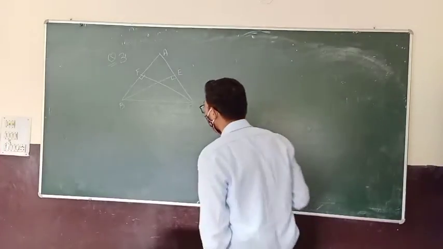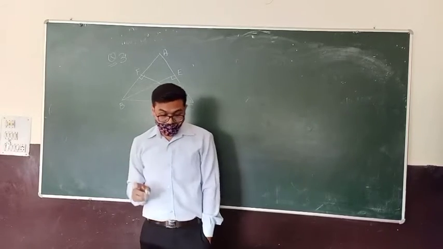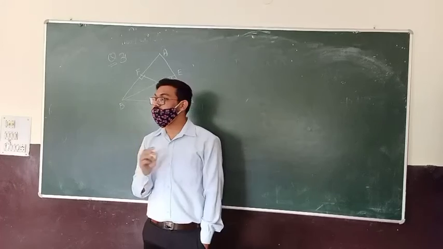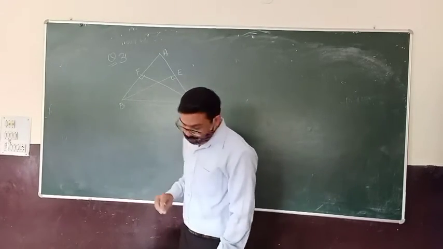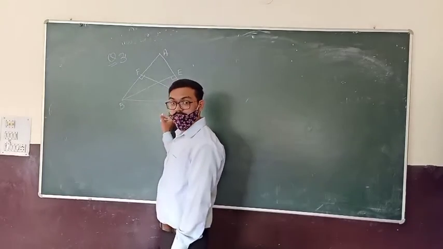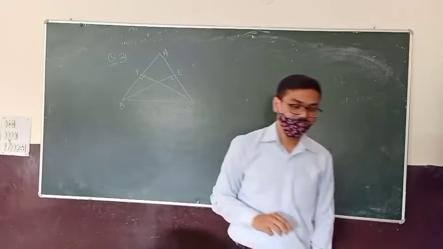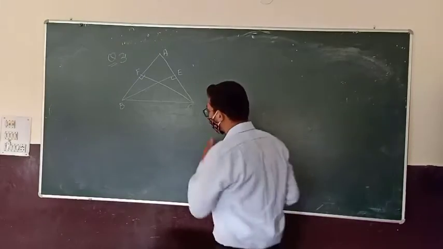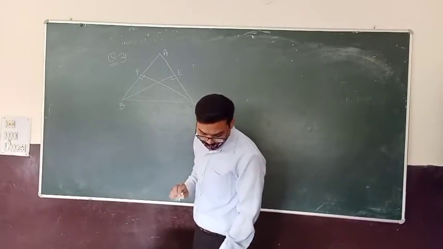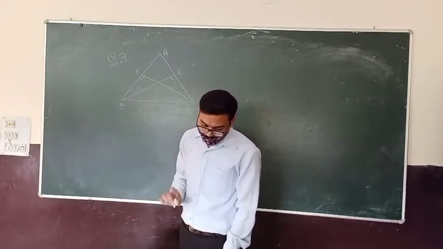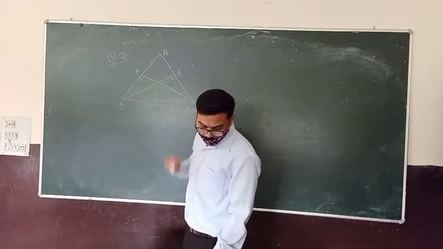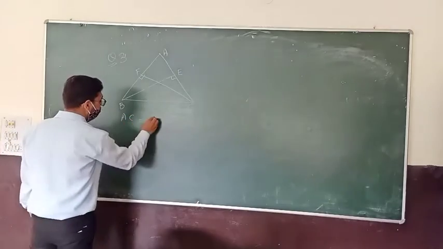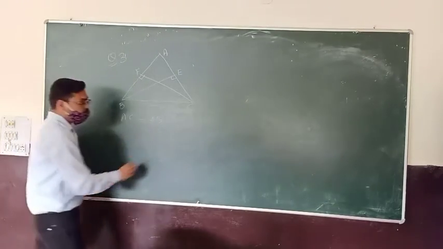Now, question number third says that ABC is an isosceles triangle, but in question number fourth you have to prove that ABC is an isosceles triangle. So, if ABC is an isosceles triangle, what can we say? If ABC is an isosceles triangle in which altitudes BE and CF are drawn to equal sides AC and AB, so AC is equal to AB. This is given in the question.